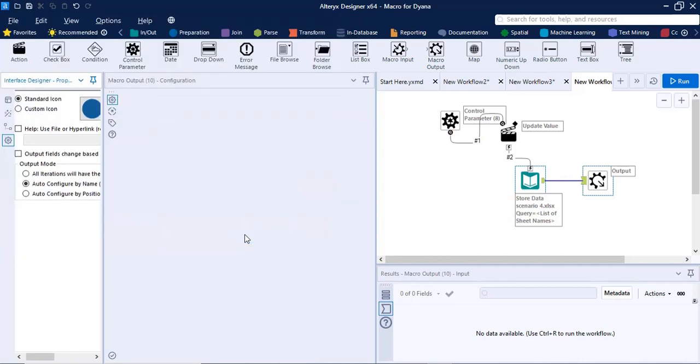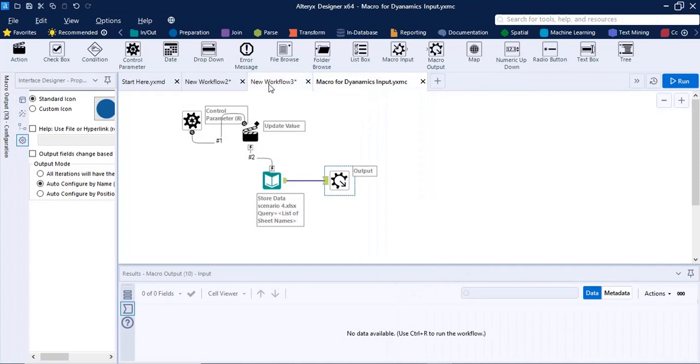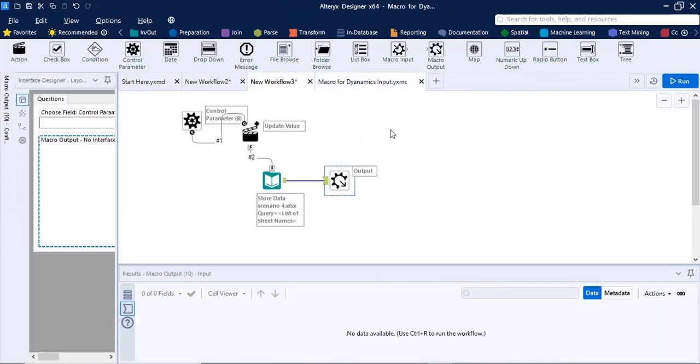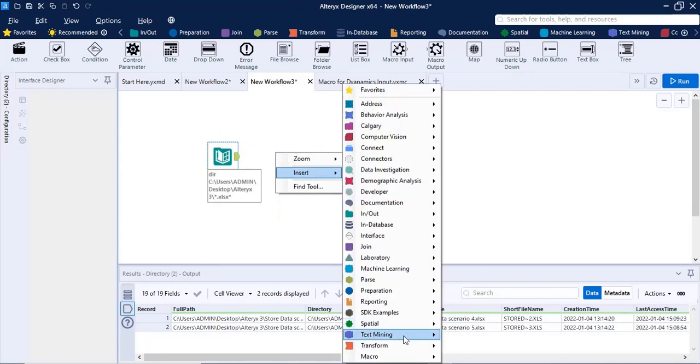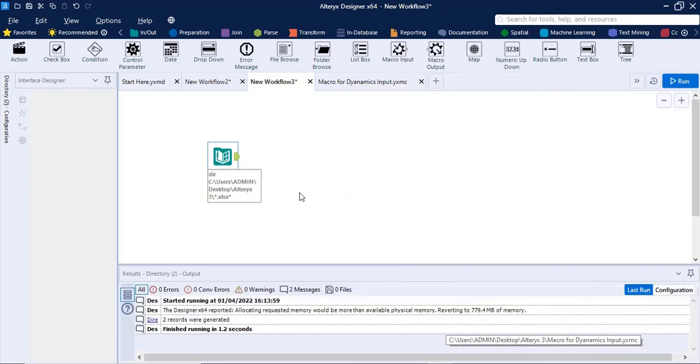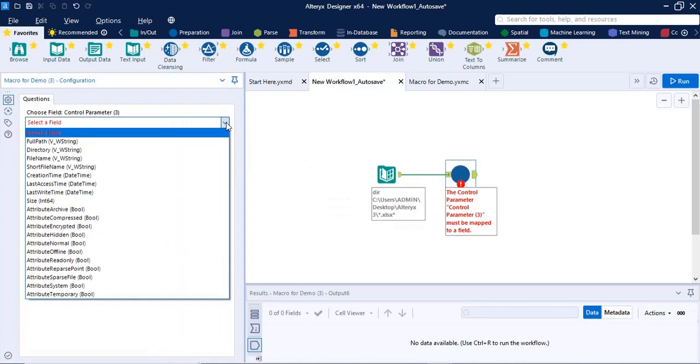I need to save this macro. After that, coming to my workflow, here I need to insert that macro for dynamic input. After picking the macro, we need to configure it and choose the parameter.